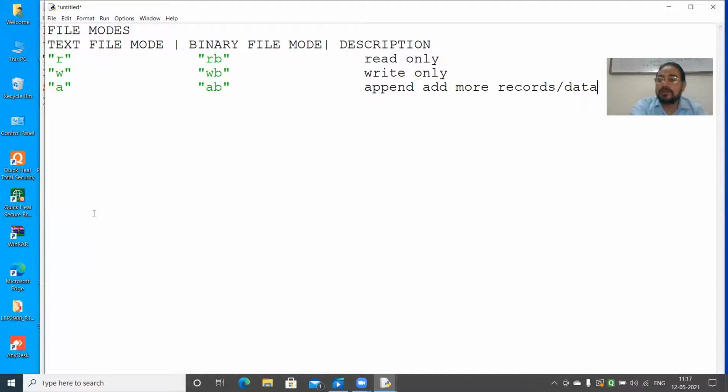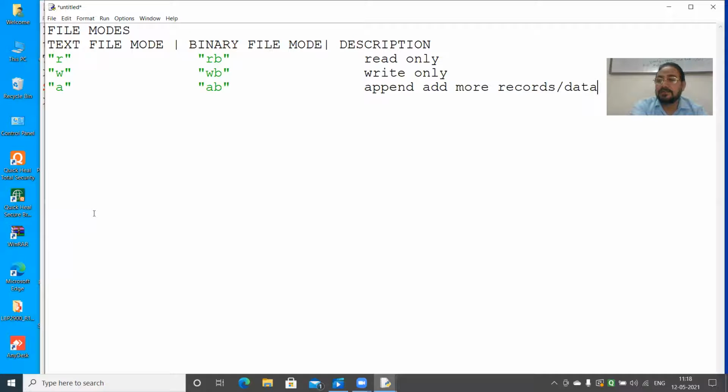If we use W mode to write some more data in a data file, then previous data records are deleted and the new data is written.